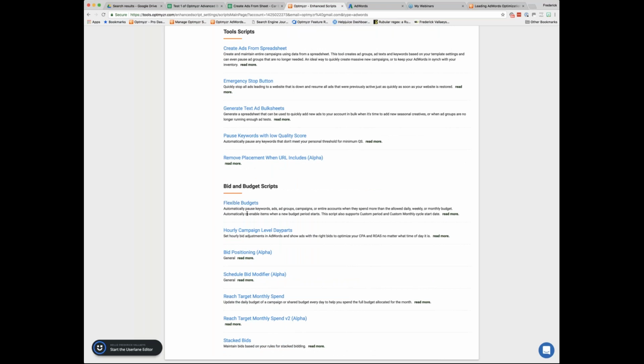So the flexible budgets, this is the one that I just mentioned to make sure you do not spend more than an account level monthly budget. That's the typical use case. Now, other use cases this actually enables is you could literally run a keyword level monthly budget, or you could run a keyword level weekly budget. And that can be nice because sometimes if you put in a new keyword that has